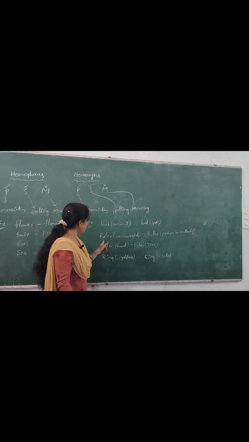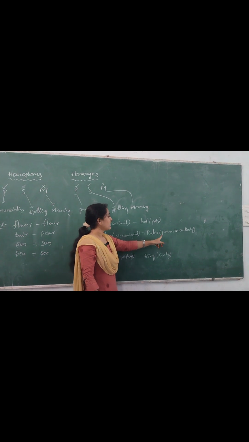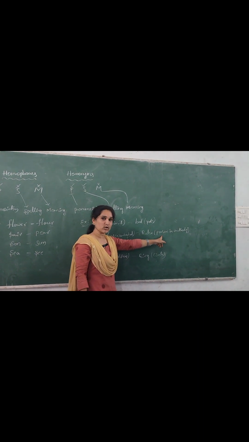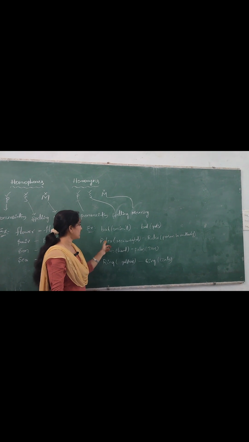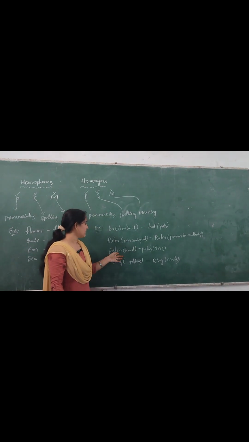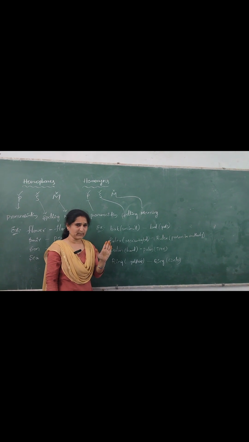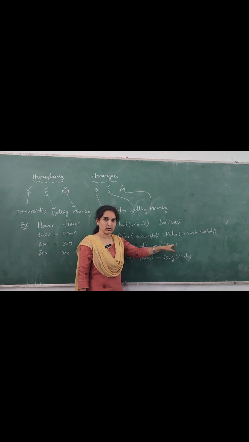And you can see the second one, ruler. Ruler is a measuring tool, you know very well. And the ruler, the person who is in authority, is also called a ruler. So the same spelling, same pronunciation, but the meaning is different. And next one here, palm and palm. See, palm is called the upper side of the hand. Next, palm is a kind of tree which is very famous and you know about it.